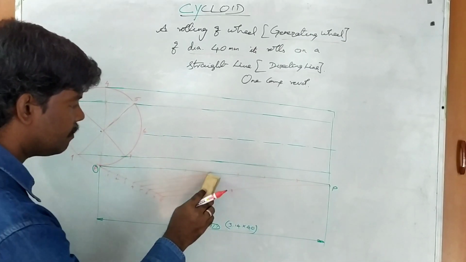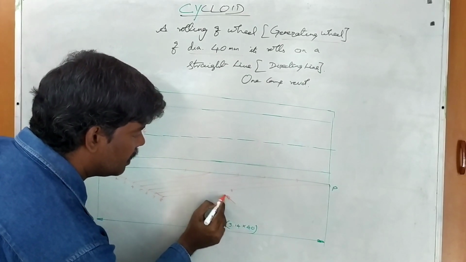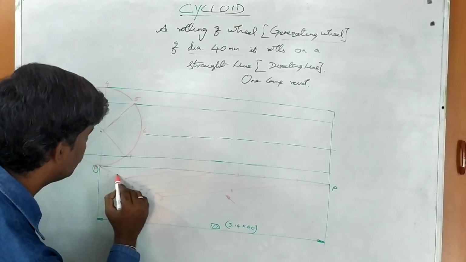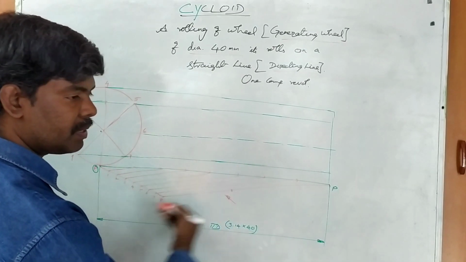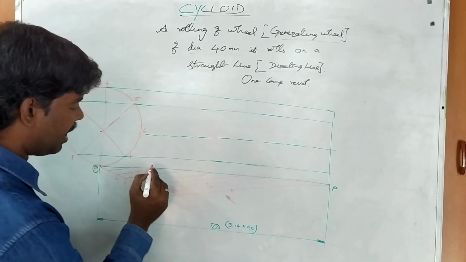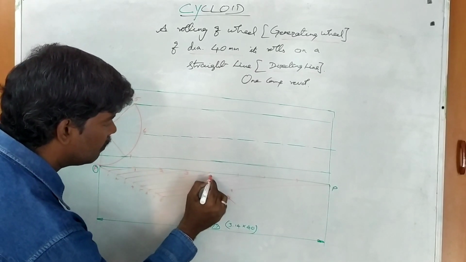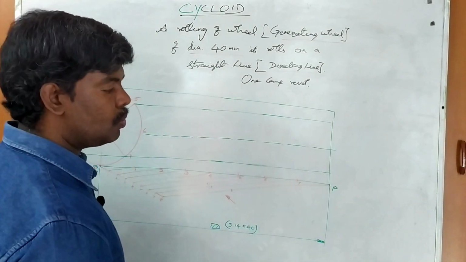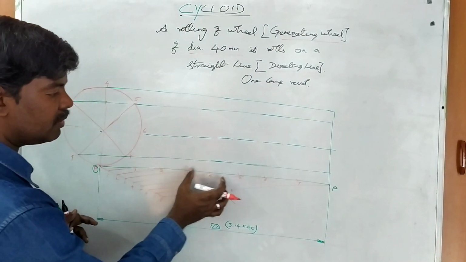Clear? So all the projection lines you draw from last, 8 to 7, 6, 5, like that in reverse order. Okay. So finally you draw the projection line joining from 8 to P, like that. Draw the parallel lines, each and every line is parallel. Finally we got this: number 1, 2, 3, 4, 5, 6, 7, 8, where 0 is nothing but P. So this is all P to 1, 1 to 2, 2 to 3, 3 to 4, 4 to 5, like that.